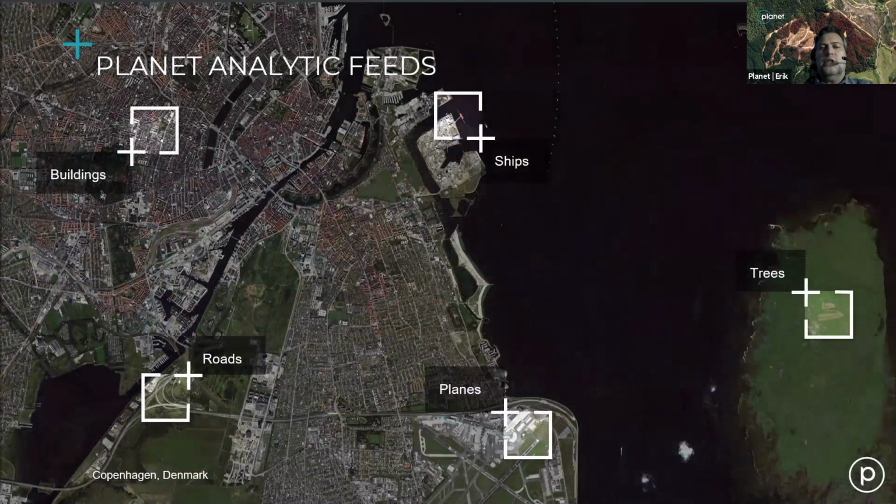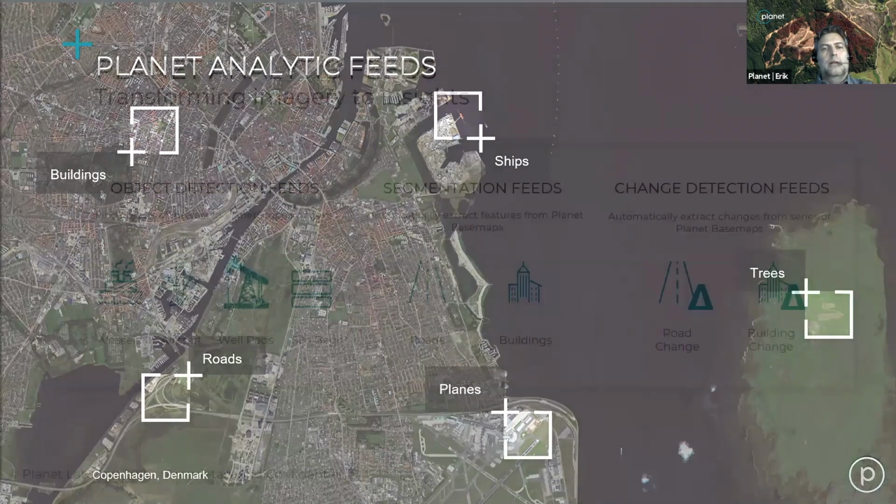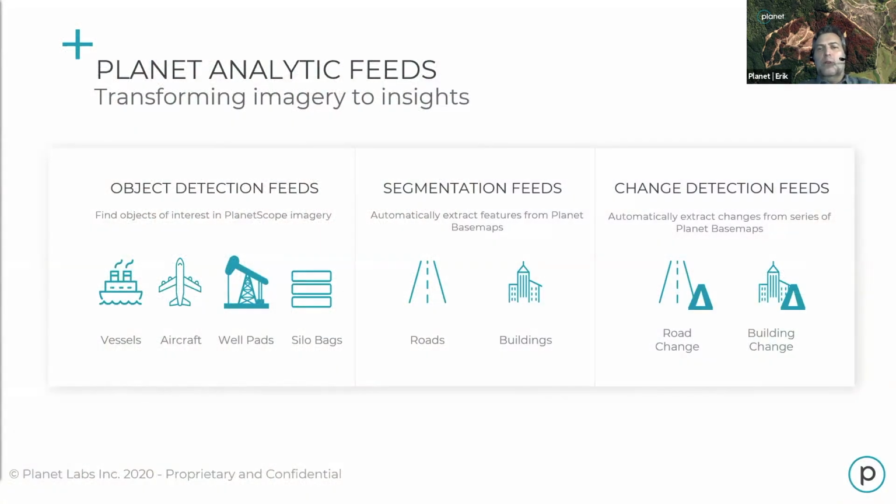Automated feature and feature change detection is paramount to enable an efficient tip and queue workflow. As mentioned before, Planet is working on adding more image analytic capabilities to its portfolio on a pathway towards accomplishing the vision of a queryable Earth. Here you see the different analytic feeds we have developed already, using state-of-the-art machine learning procedures. The object detection feeds for ships and planes are leveraging the daily 3-meter imagery to provide insights into patterns of life within harbors, along coastlines, and on airports. Our building and road detection analytic feed